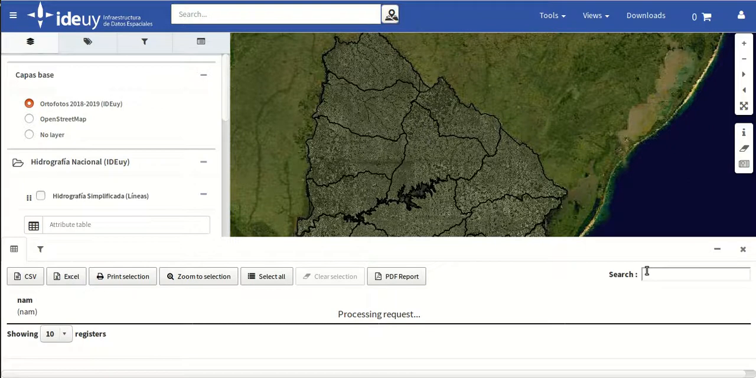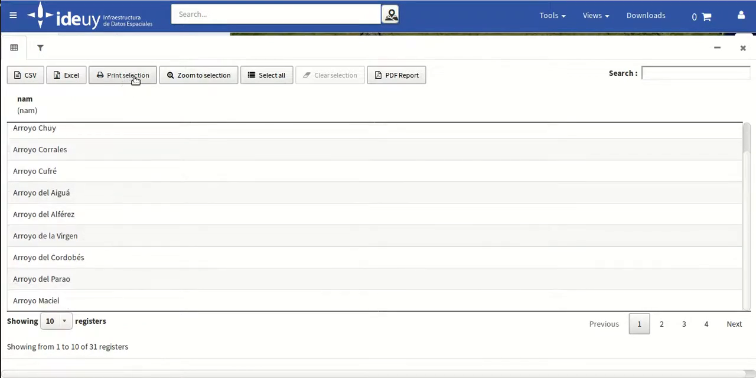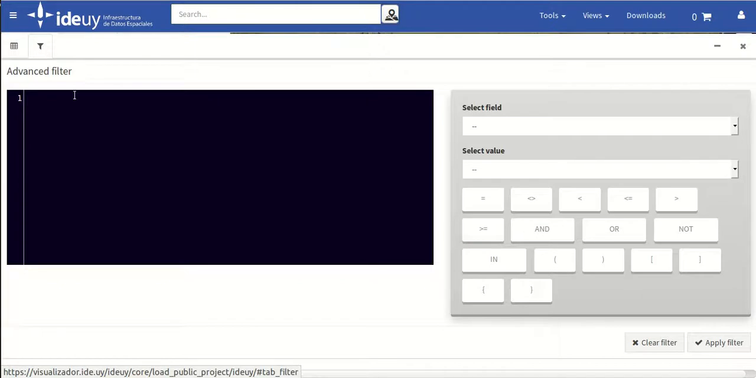a filter. Then they could search here, or they could apply an advanced filter here. So, for example, if they wanted to look for a river, they could select the river here, and then zoom to selection. Or with numerical fields, they could apply the advanced filter that wasn't easy for